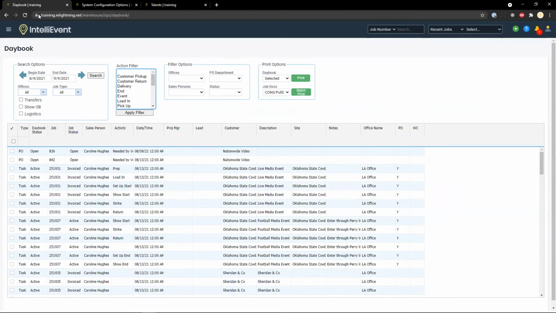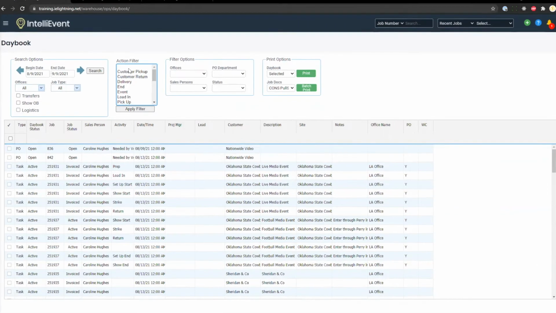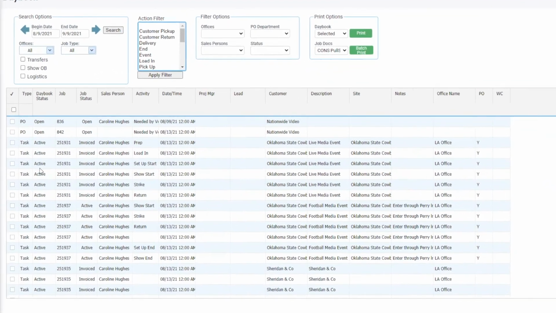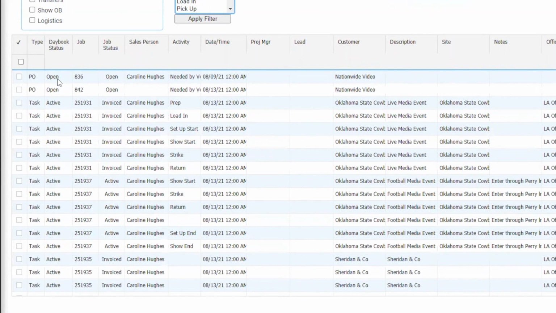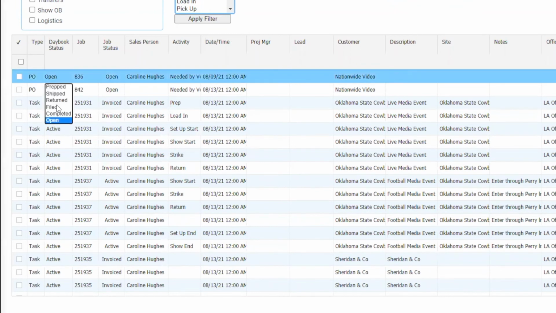So if we wanted to narrow down job activities for a given day or date span, we could select invoice, pull sheet documents, and batch print them directly from this page rather than the batch print tool that has its own dedicated page. The Daybook status column on the left-hand side is interesting in that it's a status dropdown that